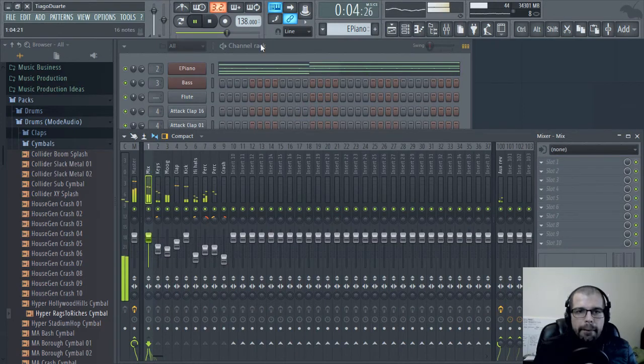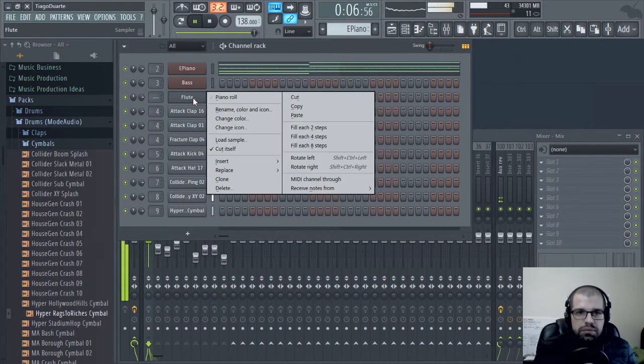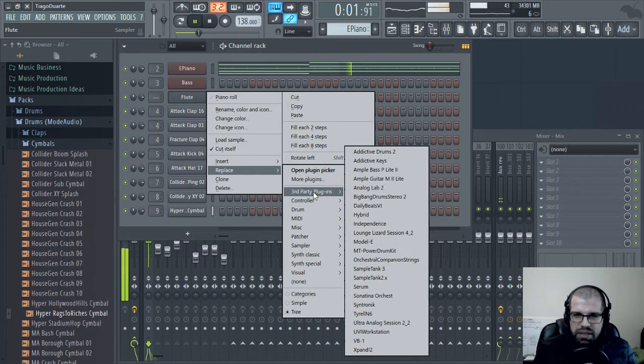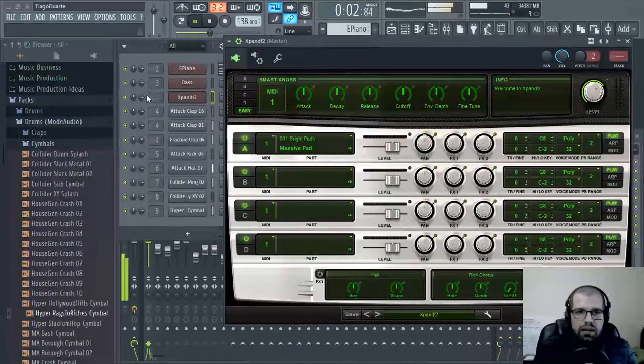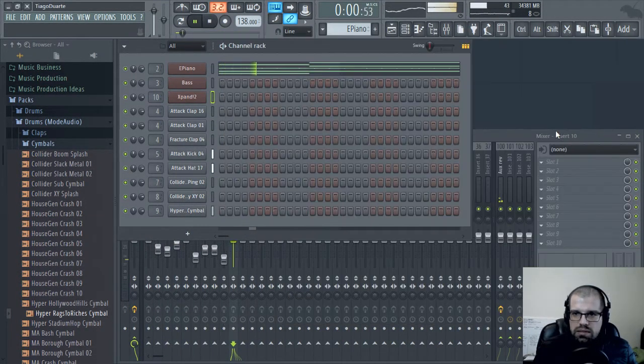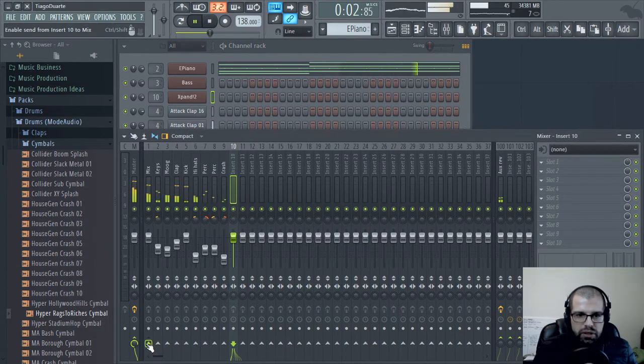Okay, now let's go ahead and find a flute, which can be a little bit tricky, but if we do not find a flute, we can use some kind of lead. And let's see, where do I have flutes? Let's go to expand. I know that I have some flutes here. Let's put this on channel number 10. Let's close for now. Let's route the flute to the mix,